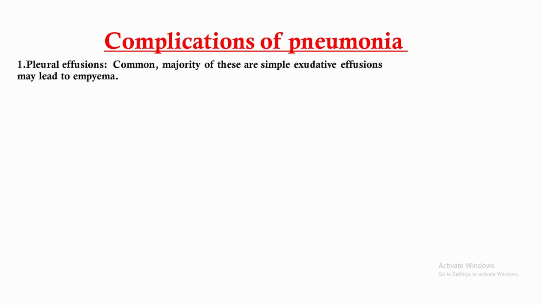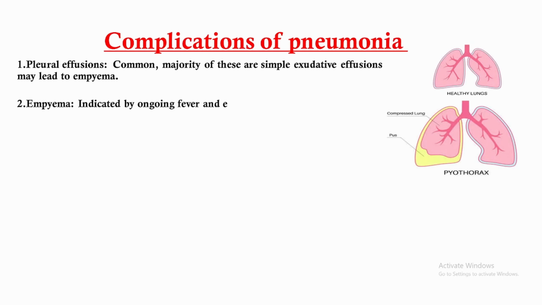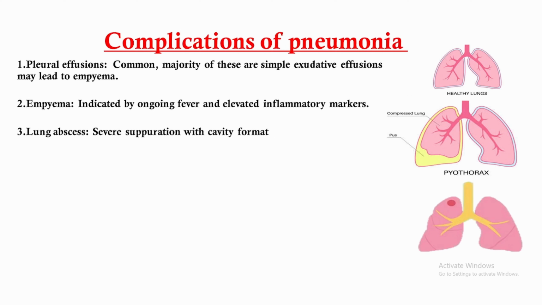The majority of these are simple exudative effusions, but empyema may also develop, which is accumulation of purulent fluid in the pleural space. Ongoing fever and rising or persistently elevated inflammatory markers, despite appropriate antibiotic therapy, are the early indications of empyema. Number 3. Lung abscess, which is a severe localized suppuration within the lung associated with cavity formation,